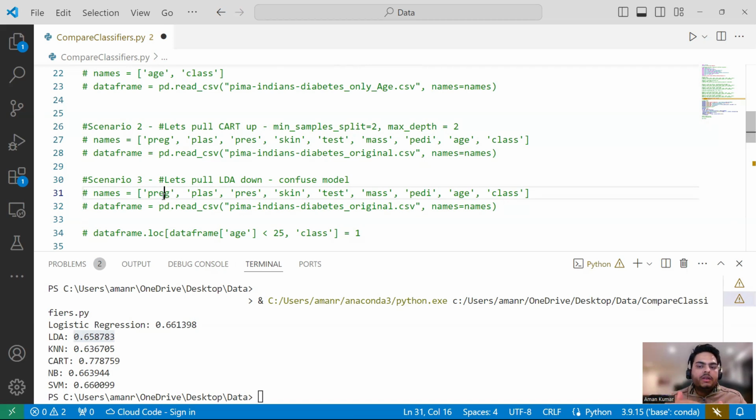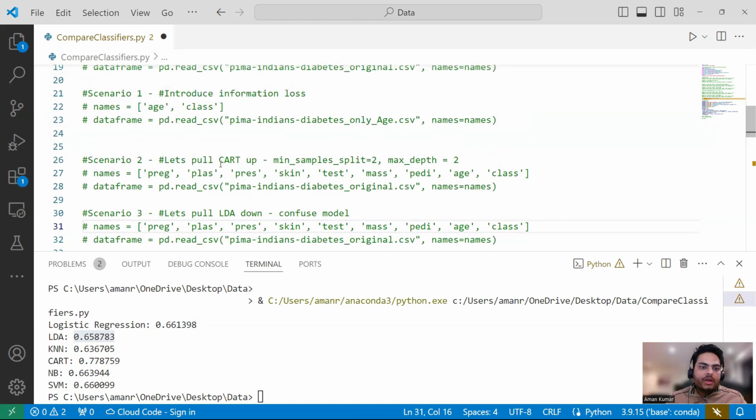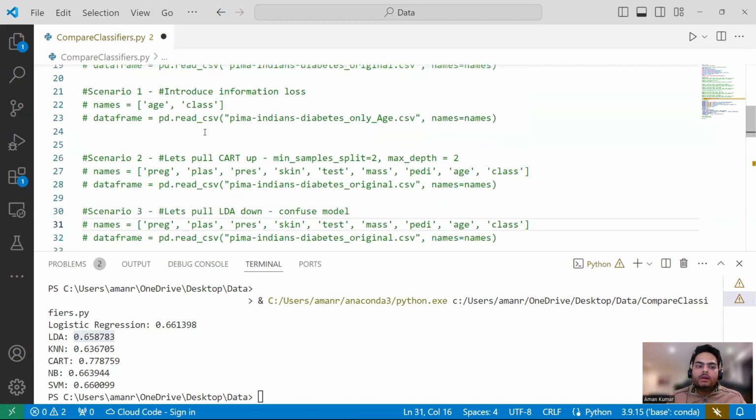Logistic regression learns in a different way. KNN learns in a different way. Decision tree learns in a different way. So if you introduce a bias, KNN is reduced drastically. If you control overfitting, decision trees improve drastically. If you take some information out from the model, all models' performance will come down.